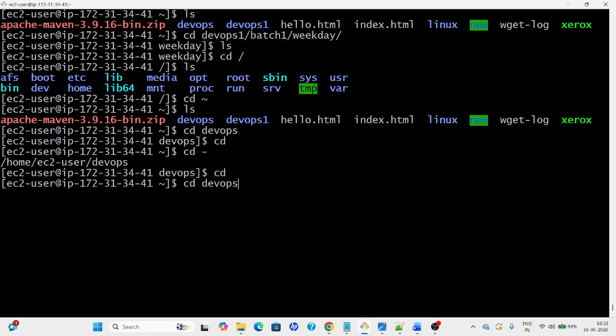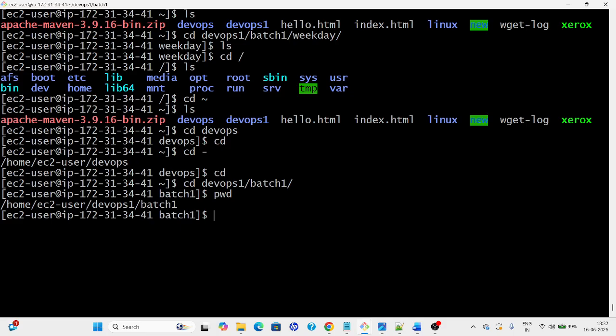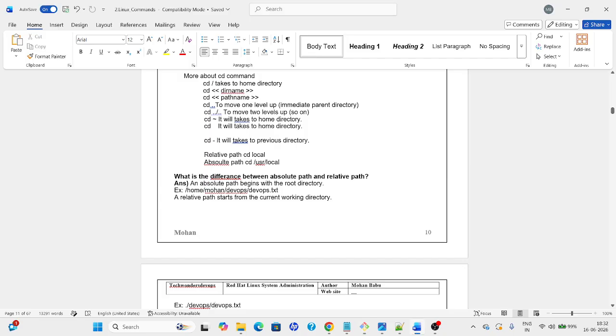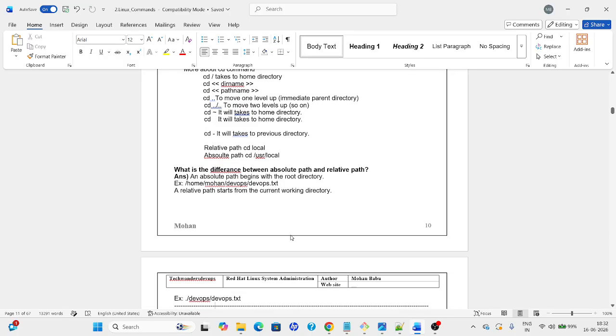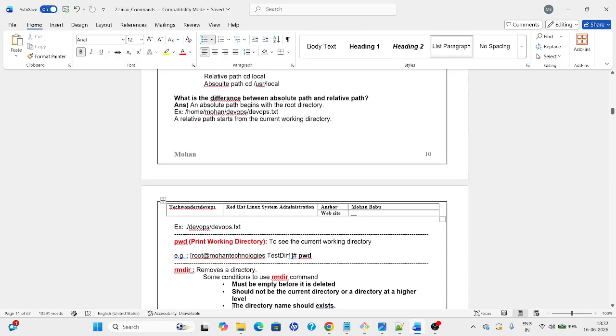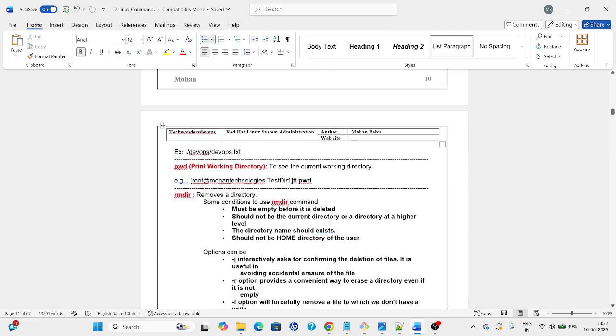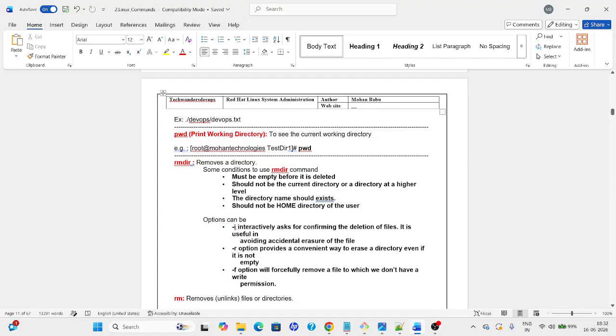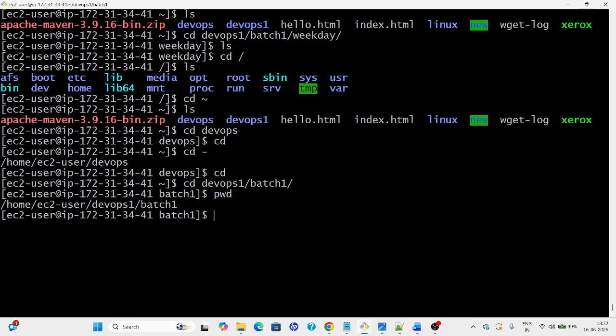So if I go to DevOps and check pwd, the pwd command is to display the current working directory. It displays the path of the working directory. So this is the path. pwd is print working directory. That is the command which we are going to use regularly to see the path of the directory,